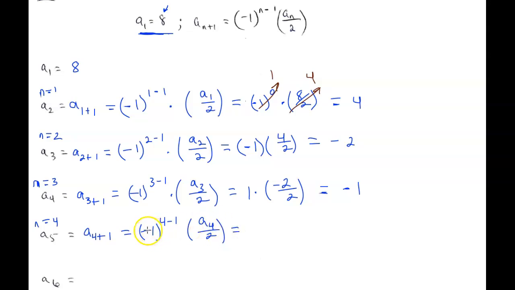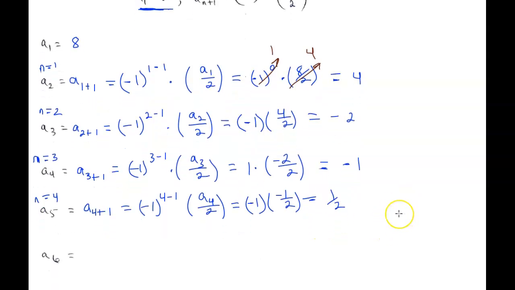And so, of course, negative 1 raised to an odd number is going to be negative 1. And a sub 4 is negative 1 divided by 2. That ends up being a positive 1/2. And, of course, for the last one, we have